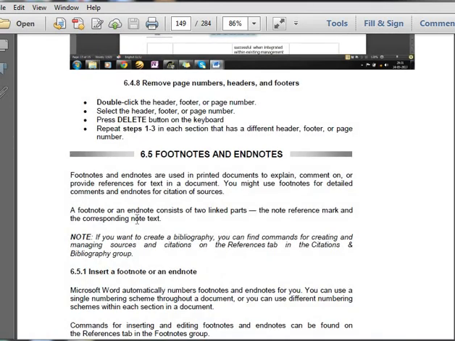Then footnotes and endnotes. What are footnotes and endnotes? Footnotes are used in a printed document to explain, comment on, or provide references to text in a document.